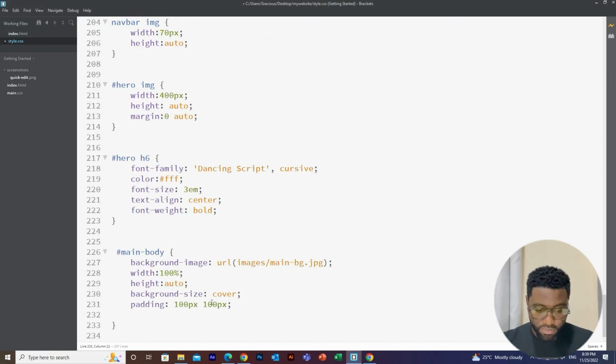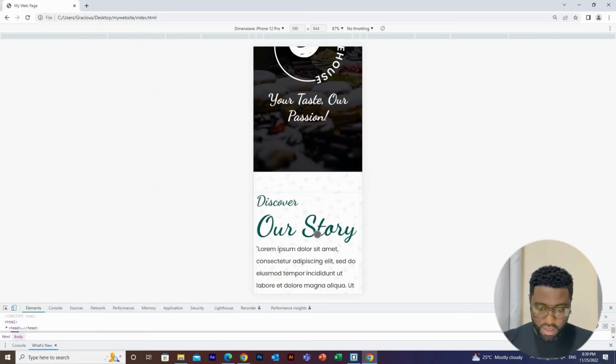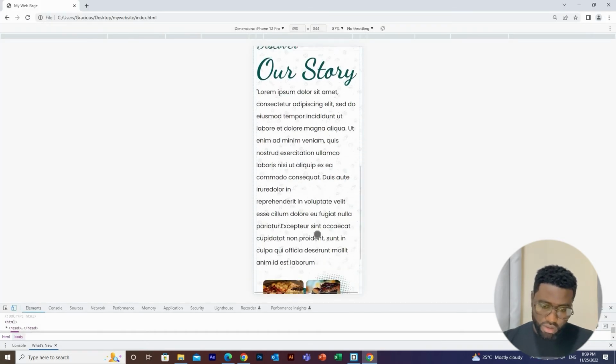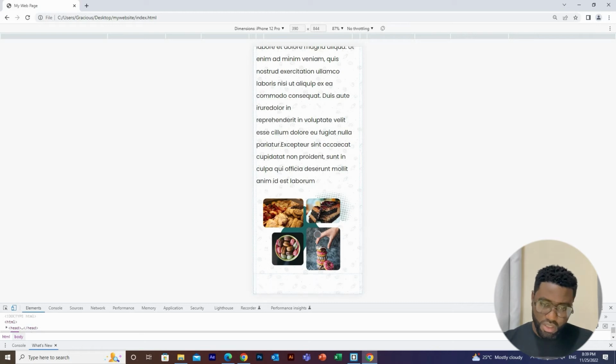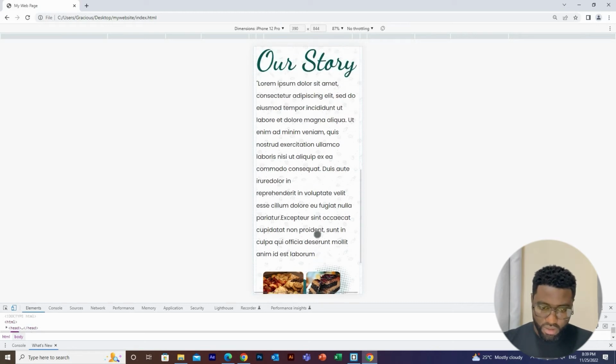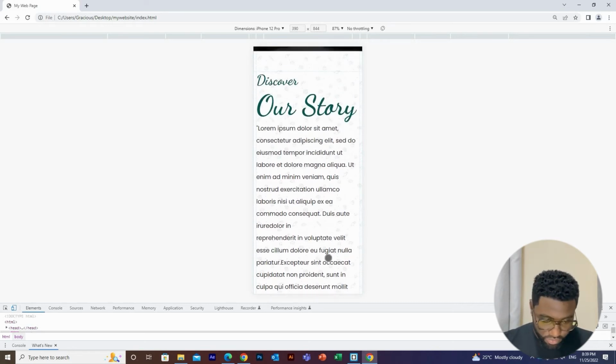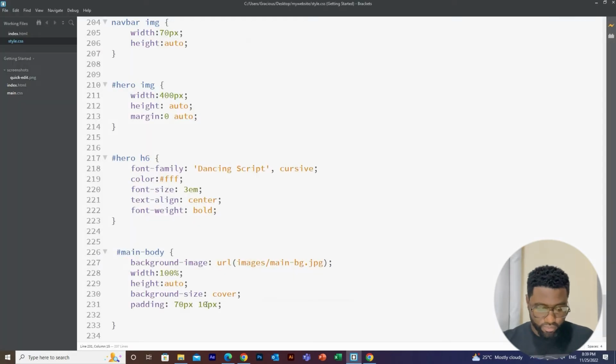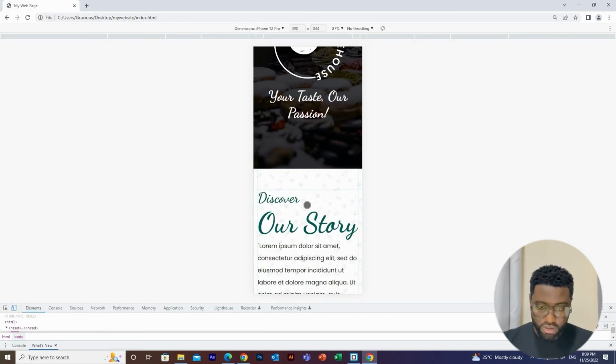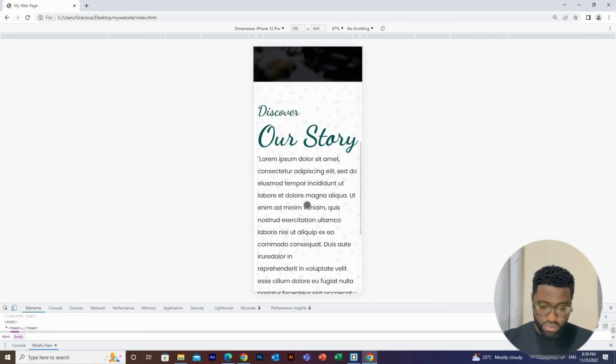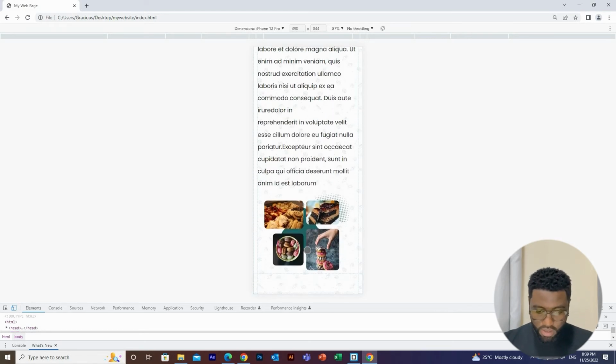Okay, the left and right padding will be 10, and then the top and the bottom, I think I'll just keep it 70 pixels. So let's go. You see it's now looking broad, so I think we can still make it, I'll just keep it, I think 50. Yeah, and then